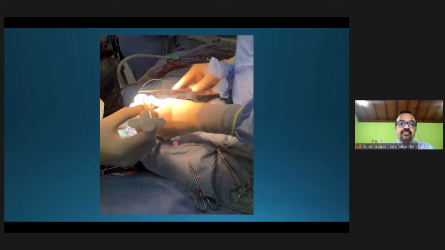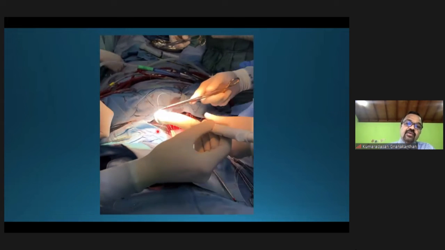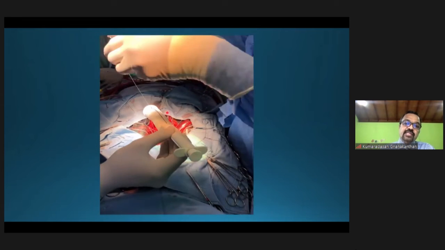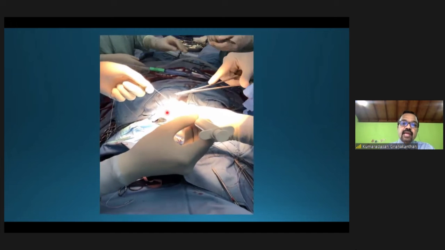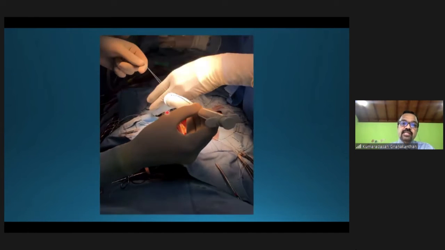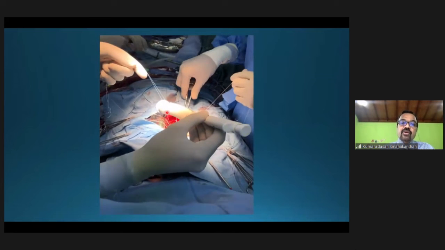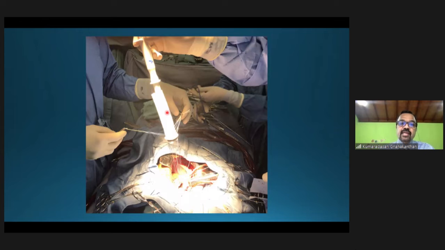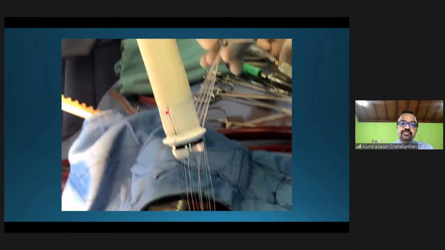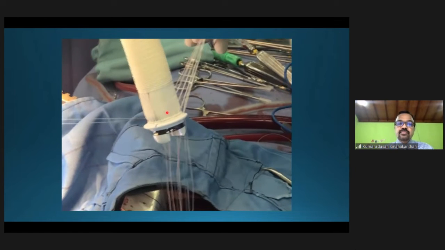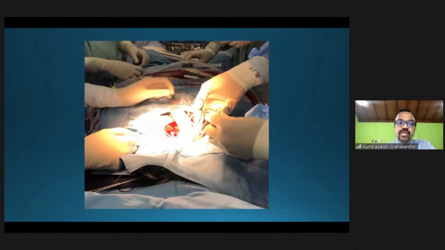This is a ready-made valve conduit, the Onyx conduit with the Valsalva. You can see, once the valve sutures are being placed, now it's passing along the circumference of the valve conduit. Like in the aortic valve, you just pass it all around, equally spaced all around the valve conduit. And once it is done, then it is being parachuted down. And once they are parachuted,